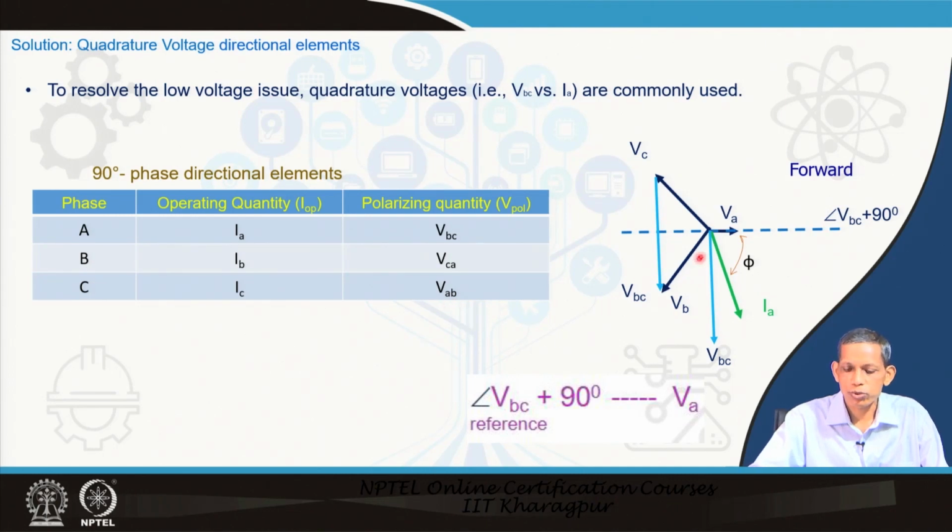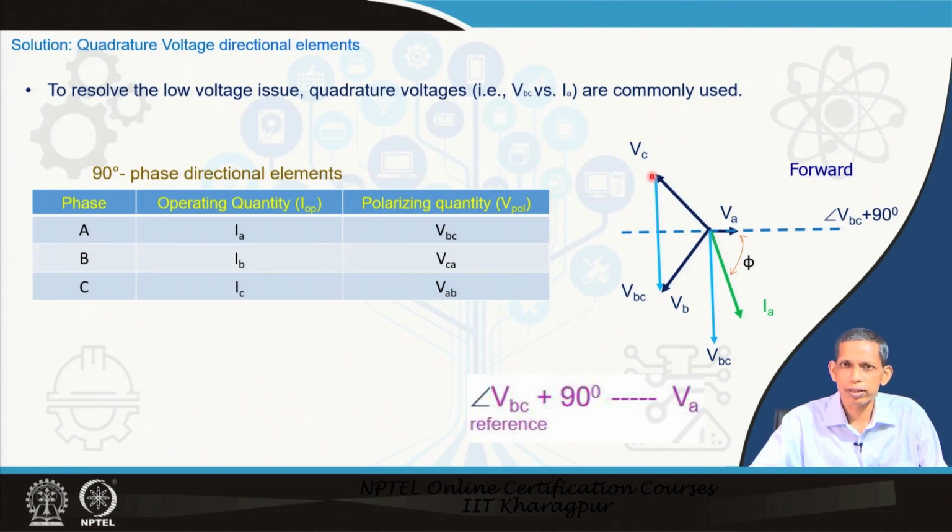In that case, if you see this phasor diagram, this is VA line, this is VB line and this is VC line, 120 degrees apart. Now, let us say this is an AG fault. So, VA becomes smaller and the corresponding IA current becomes significant, and that will be lagging. This is a forward fault case, as we have already seen in the circuit. So, this corresponding phi is a lagging current.